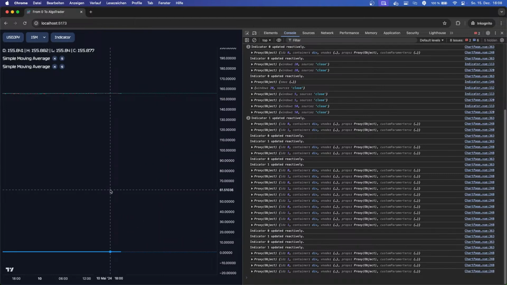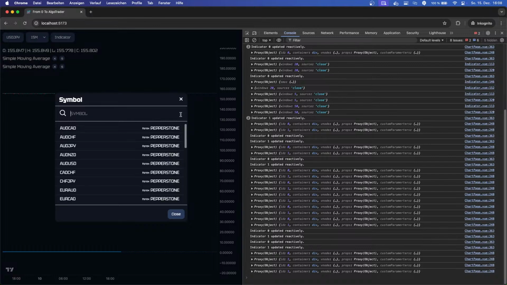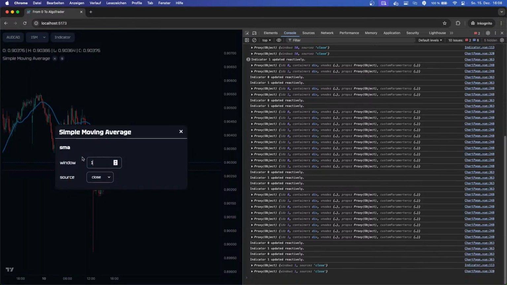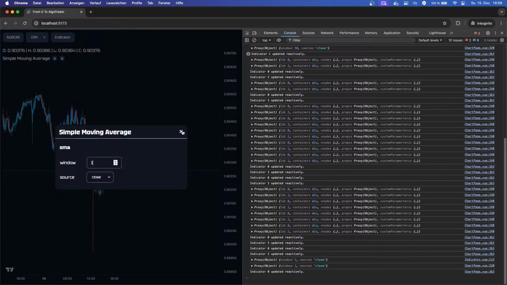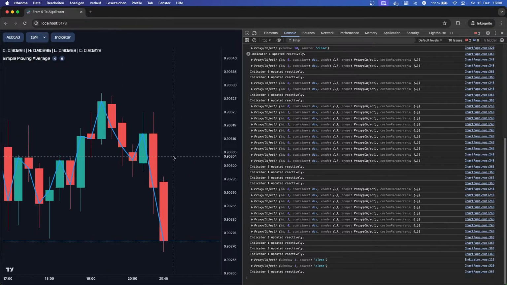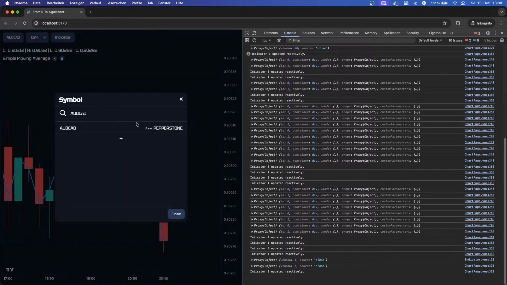Yeah, this is not the correct one. If we do this. So this is not refreshing, I think. Let's change this to 1. This should be easy to see. So this is the correct data. We change it to